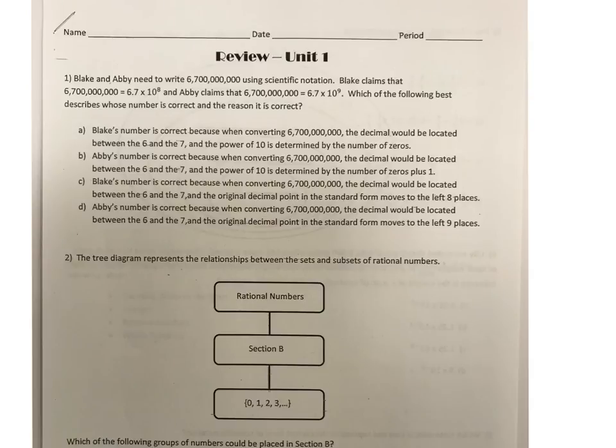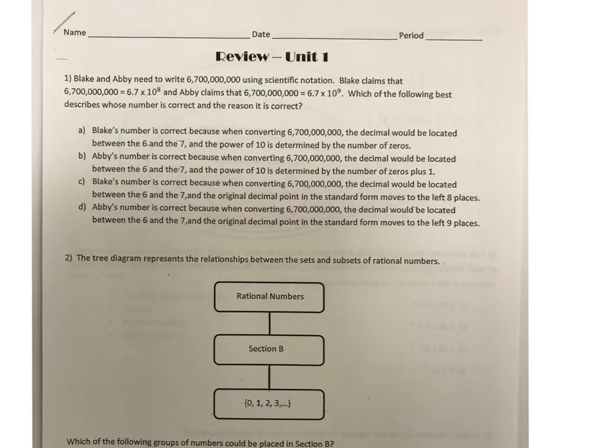Okay, so here we are for review unit 1. We're just going to go through these. I want you to make sure you write anything down that you don't have on your paper that I do. So it needs to be in a different color just to help you go over what you need. Look at number 1. Blake and Abby need to write